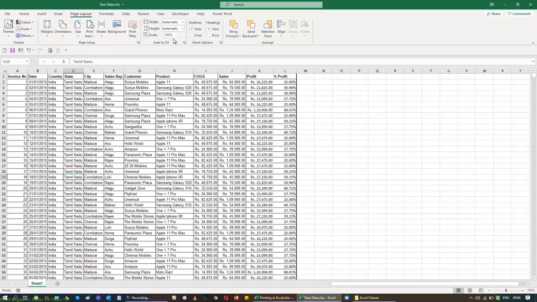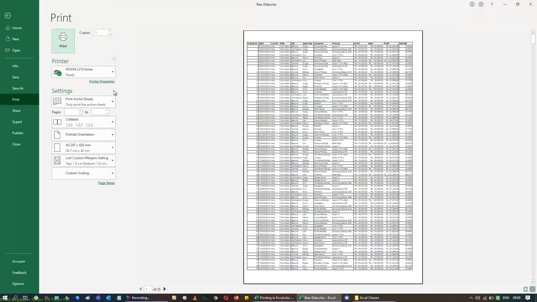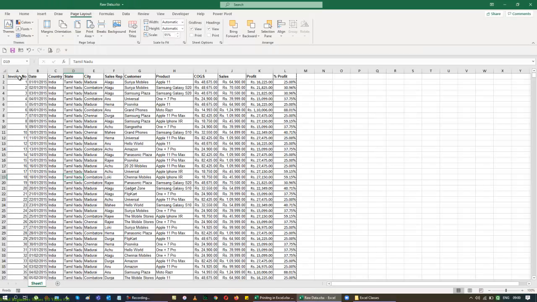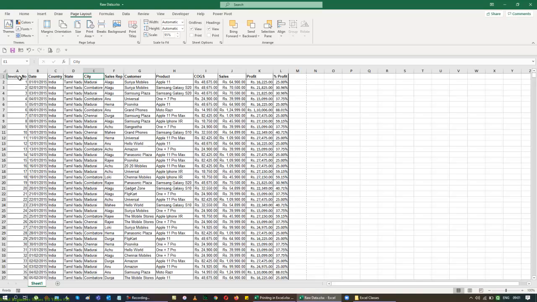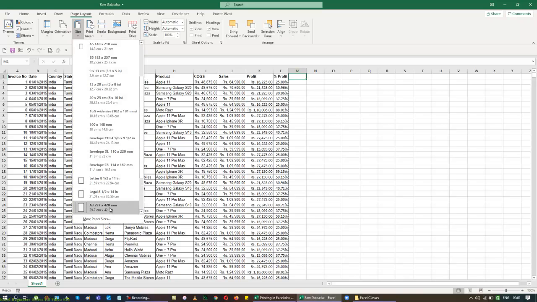So now I can just adjust this one down. You can see that on A3 size paper with a portrait orientation, I can still print the entire column of data here and see what's happening in the list. You can still take the printout, and again I can adjust this data a little bit, because I think the last two columns are not adjusted according to the headers. So now I can see that I have one more column that can be added to my list. Let me just make it 100. Yeah, now it's still 100 with the portrait option activated, but the size of the page is changed to A3.